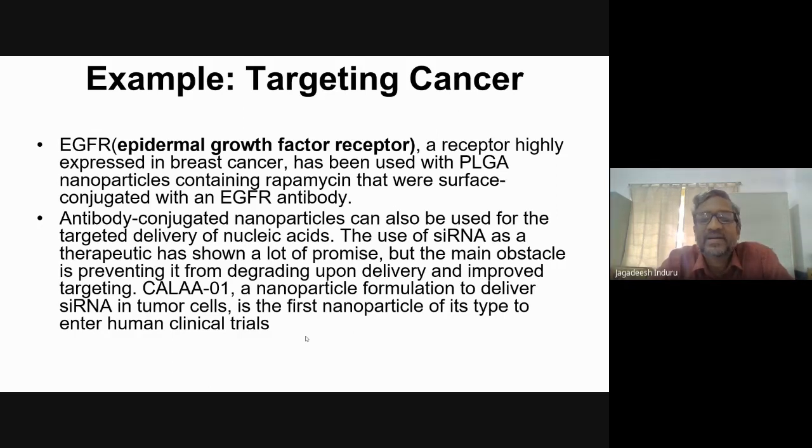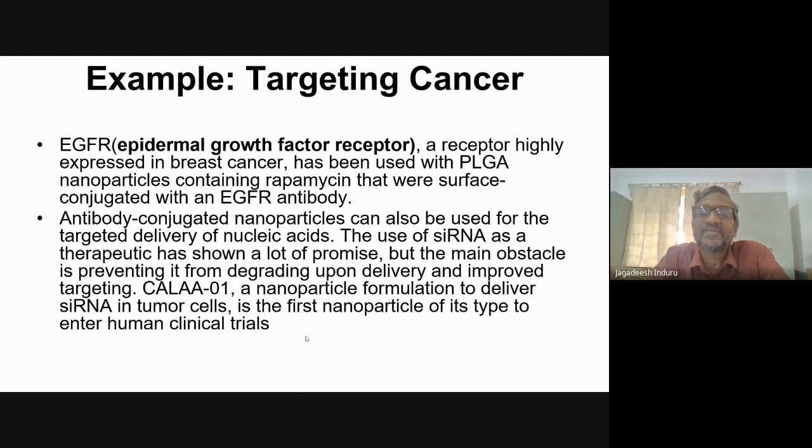Antibody conjugated nanoparticles can also be used for the targeted delivery of nucleic acids. In the next PowerPoint, we are going to see that instead of using amino acid sequences, we are using nucleic acid sequences to reach the specific site and produce specific responses within the cell. For that purpose, we are going to use small